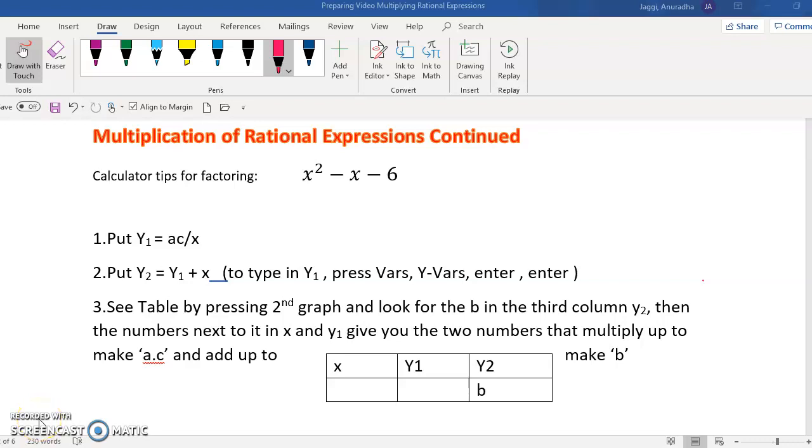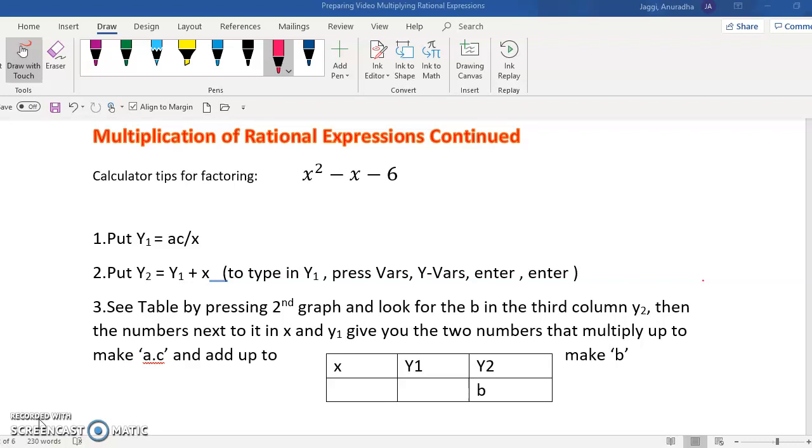Hi students, in this video we're going to continue with the multiplication of rational expressions. We are going to take up more examples. Please see and watch carefully because these examples are pretty much aligned with the assignment you will be doing later. So now just quickly something about the video,